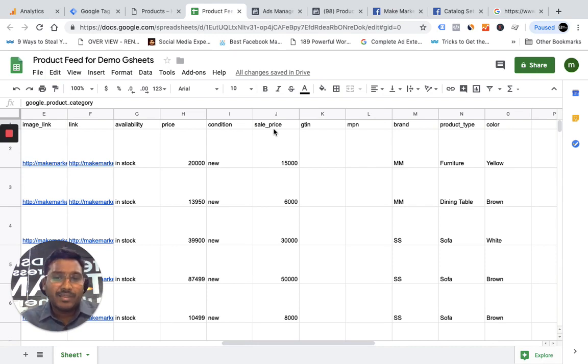So I said new. The sale price is 15,000 rupees, and GTIN, MPN, I don't have the number. So I'm also adding one other attribute called brand. And these three things I am adding, the color, product type and brand, to create particular product sets. What are product sets? I'll share them in a while, but I'm adding these attributes as well. So I've added MM, which is Make Marketer, just to give you some random examples, and the product type, which